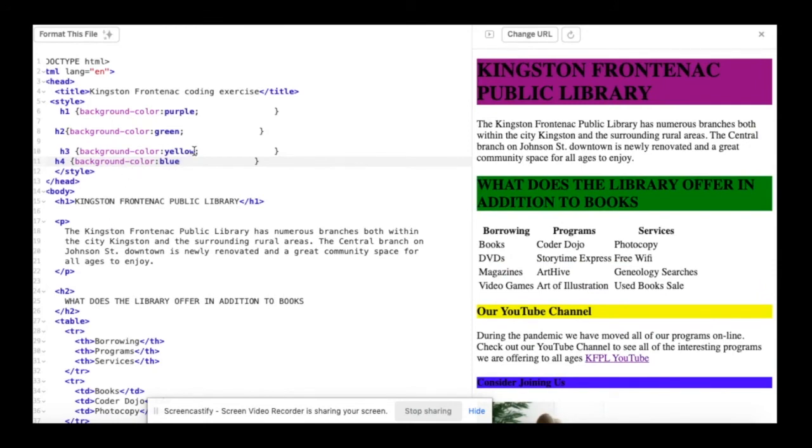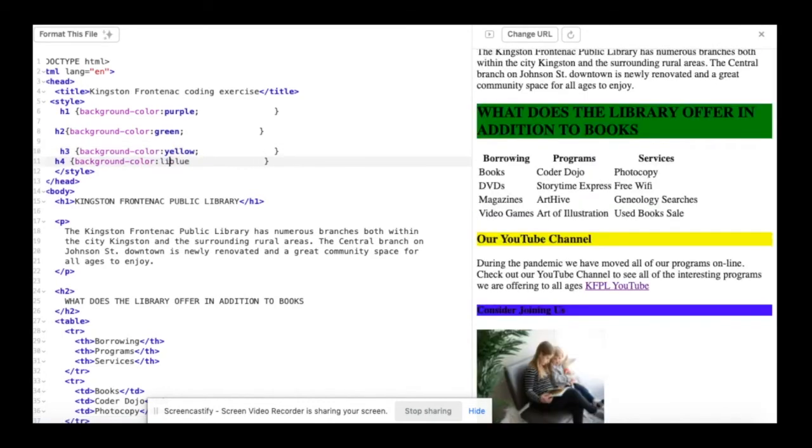Now, I do know that we can use a wide variety of color words. I can say light blue. There's no need for a hyphen here, simply light blue.